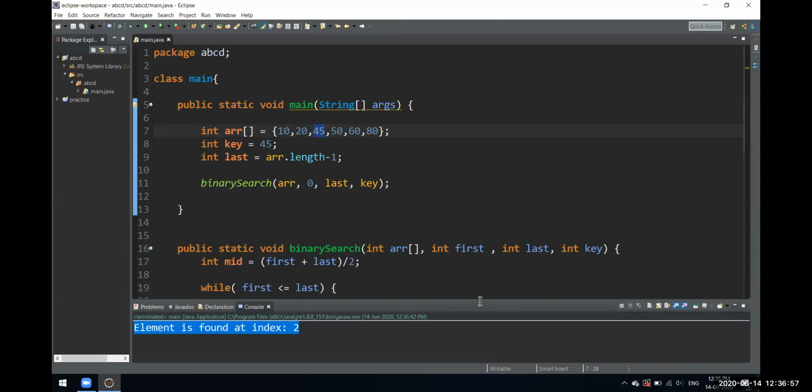Not getting the difference between linear search and binary search? Okay. Wait, just a minute, I'll tell you. First, just see how this is working. We wrote an array, we passed a key, we passed its last element's length. In short, it's just the length minus 1, because the last element we do not want to check. If we are checking until the second last element, that would automatically get sorted. So that's why we are not checking until the last one. So this is clear.